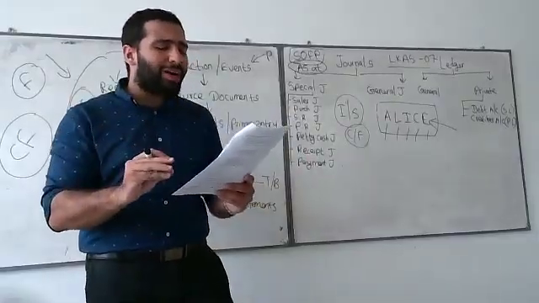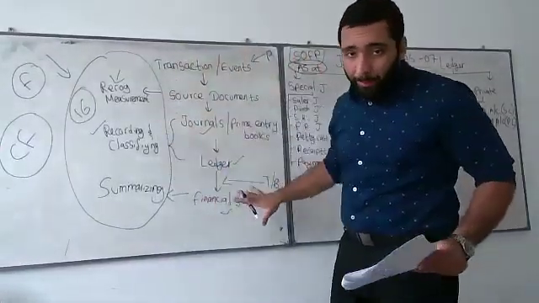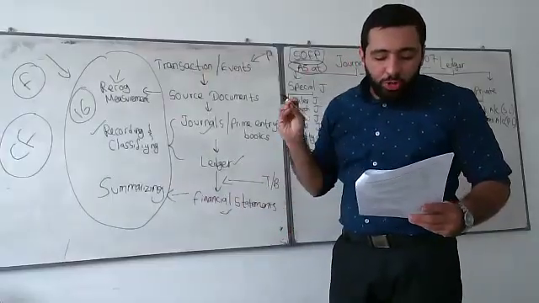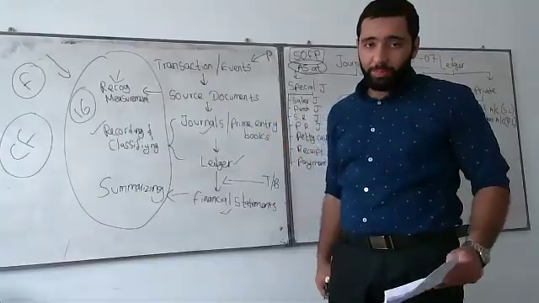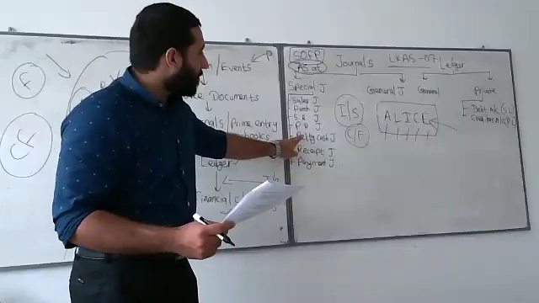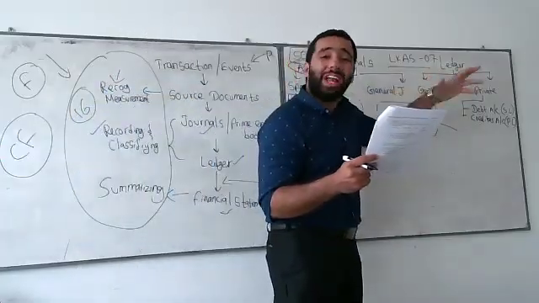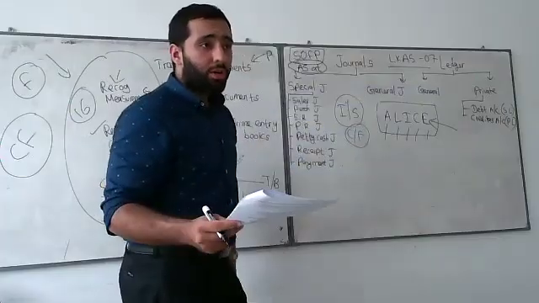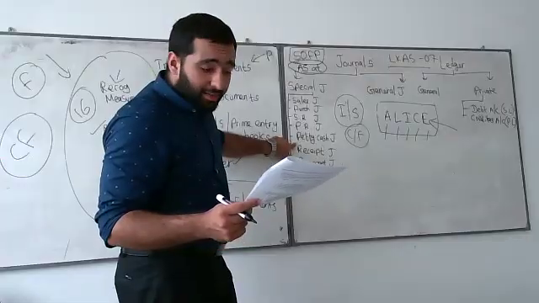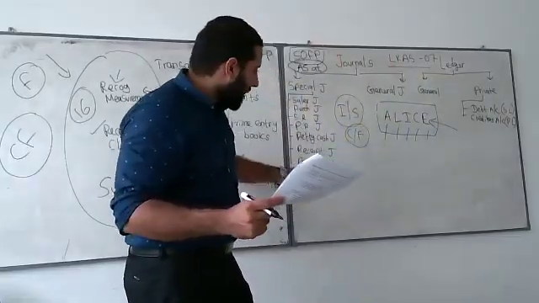Which of the following statements is correct in relation to the accounting process? We are getting to the accounting process. The petty cash payment journal is also used as a ledger account of the firm. Is it correct? No. The petty cash payment journal is always used as a special journal, not as a ledger. So that is wrong. Did you understand? Understood, Atif? So the petty cash journal is not used as a ledger. This is the ledger. This is journals.